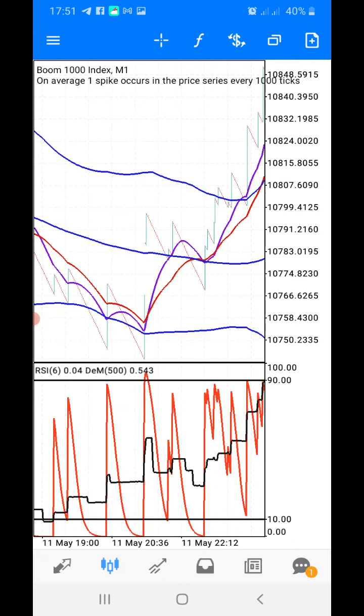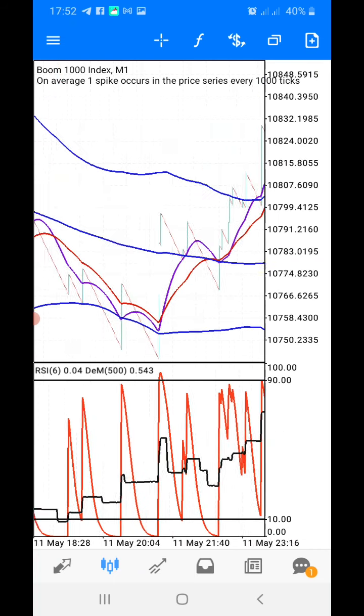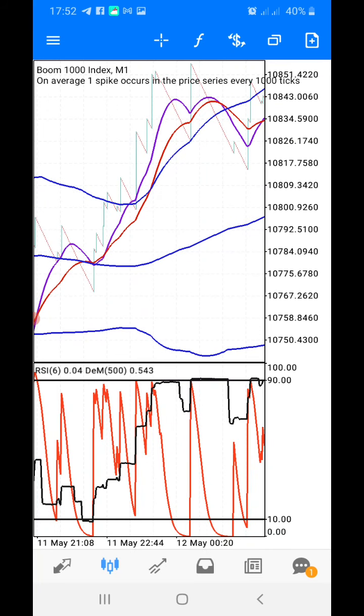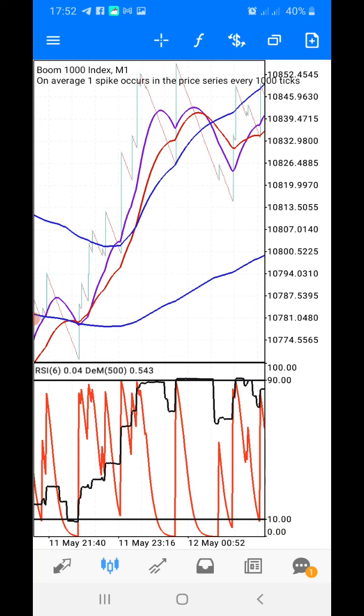Here's a good example. The market went below the lower Bollinger Band. Then the D marker had already touched the oversold area, and the RSI had already come out of the oversold area. Then the market crossed. When it crossed, you stay in that trade until you pierce the overbought area, which is the 90, and also at the same time